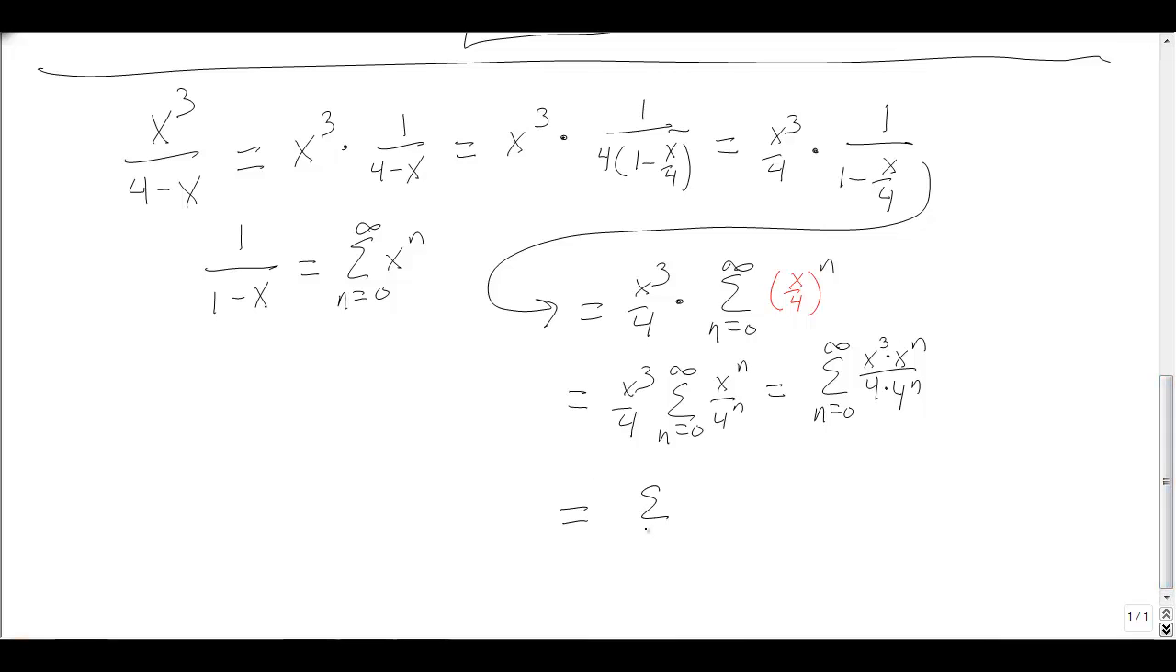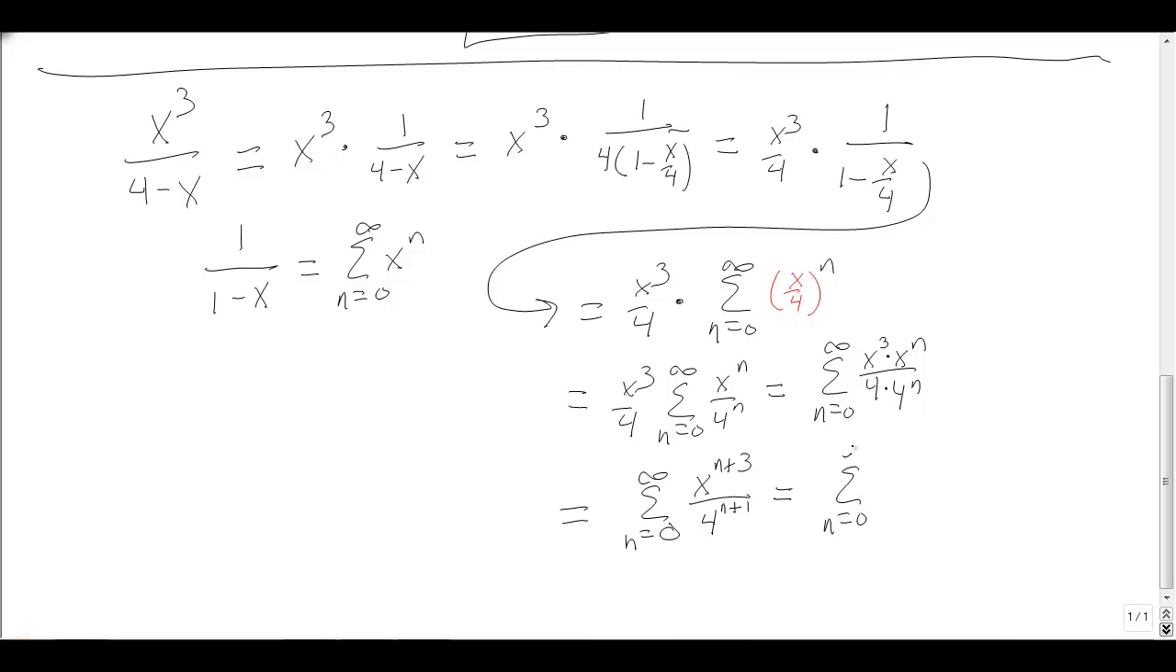And then what I get is a sum n equals 0 to infinity of x to the n plus 3 over 4 to the n plus 1. Here. Now you could leave that there. Some people would like to rewrite x to the n plus 3 as x to the n. If you wanted to do that,